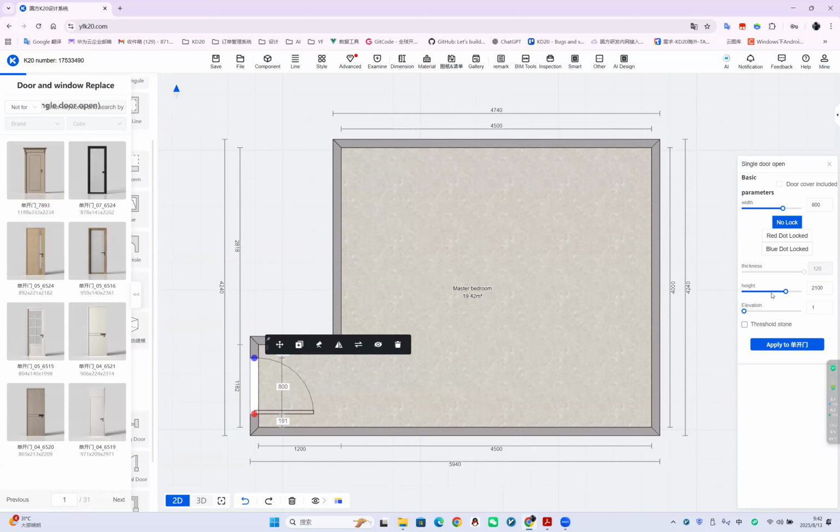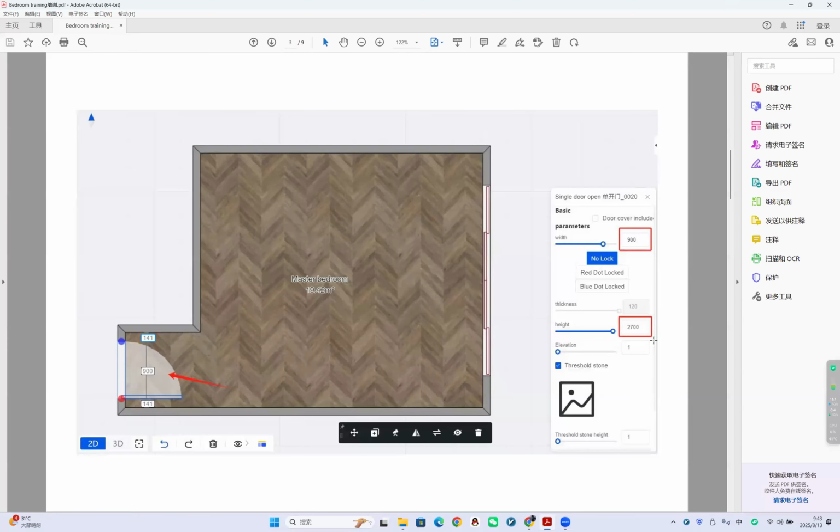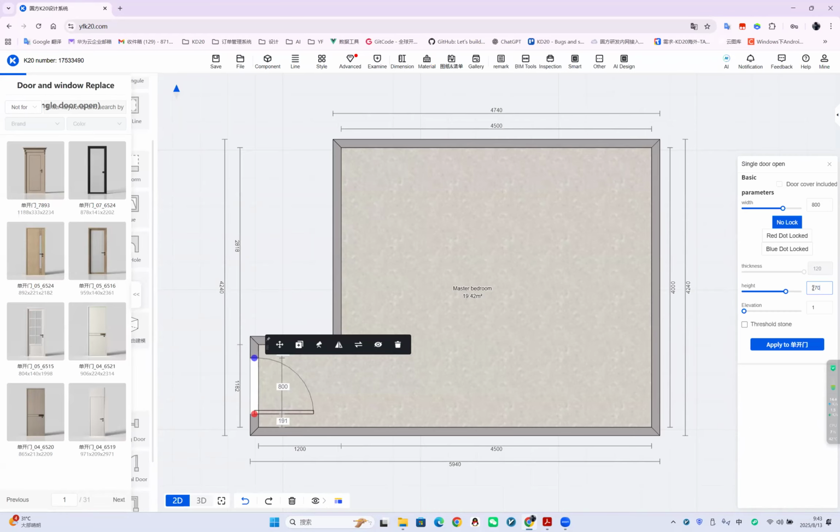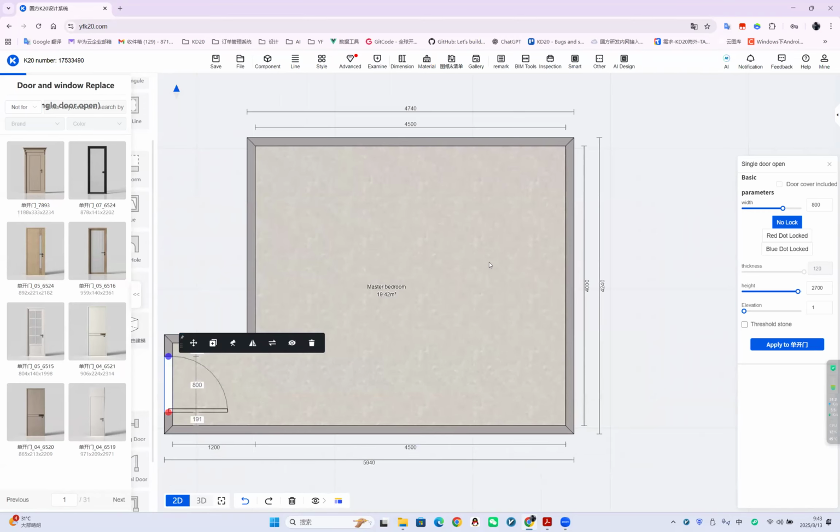Okay, we choose this, and then we modify the height. We modify the height to 2700. Just the door height. Okay, and then in here,